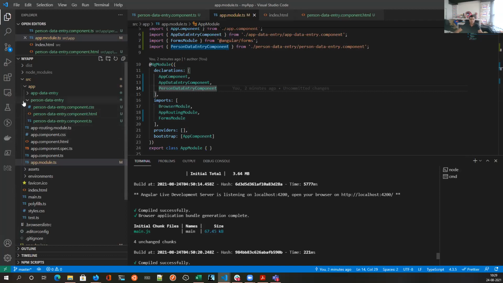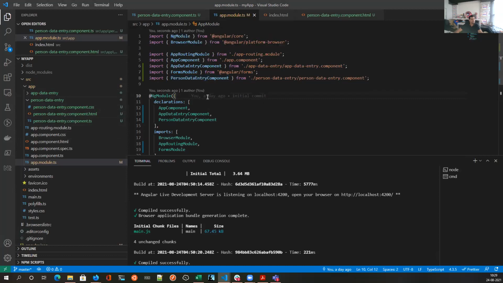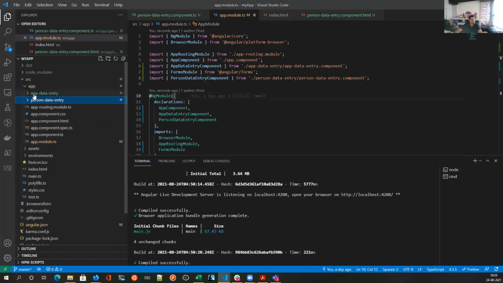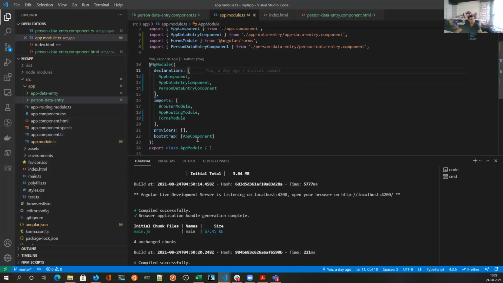Now the question is, how do we show the form that we created instead of the one that is default right now? So how do you do that? First step, this component we need to put somewhere in the main component. So it is already there in app module. Now first change is that you need to make it a bootstrap component.